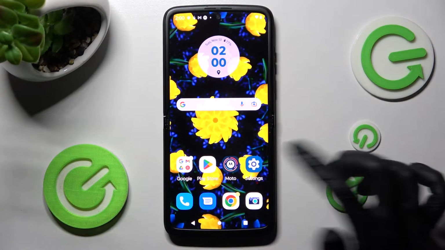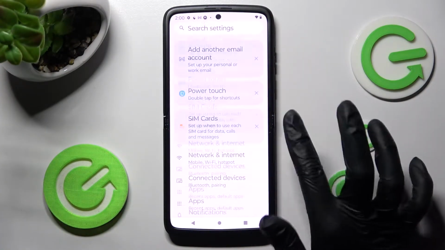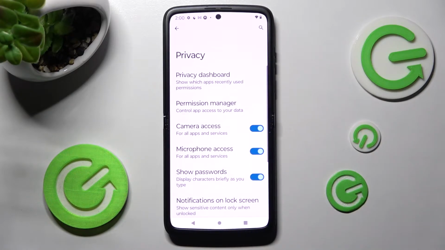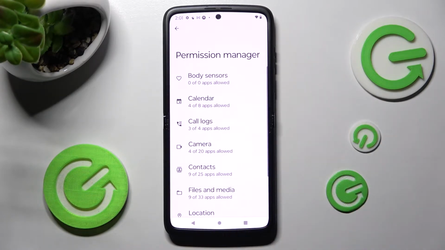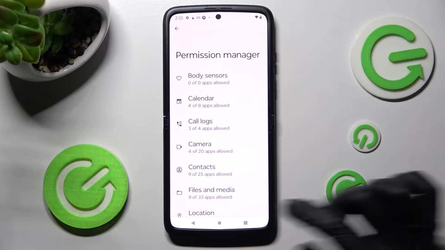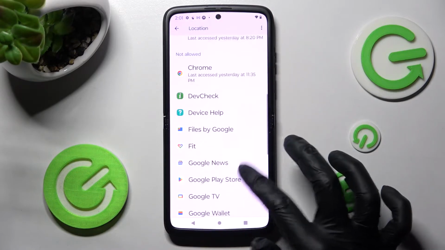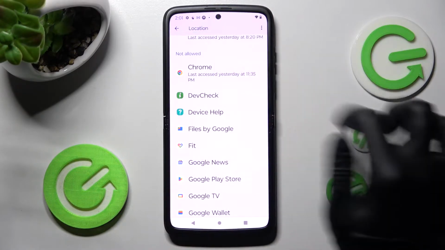First of all, go into Settings. Now you need to scroll down and choose Privacy section over here. Then select Permission Manager and tap on one of your device's options that you wish to manage. In my case, Location. Now you need to click on one of your apps like Chrome and click on the